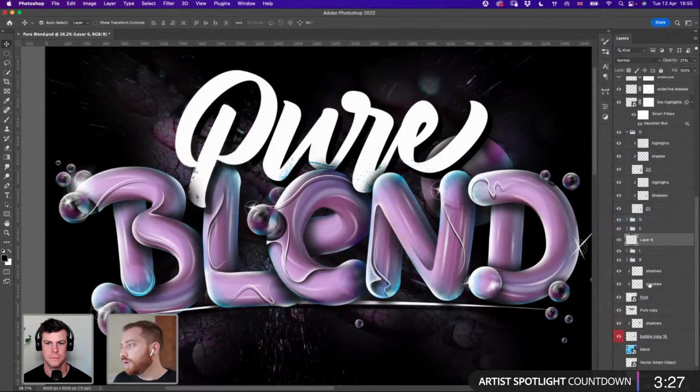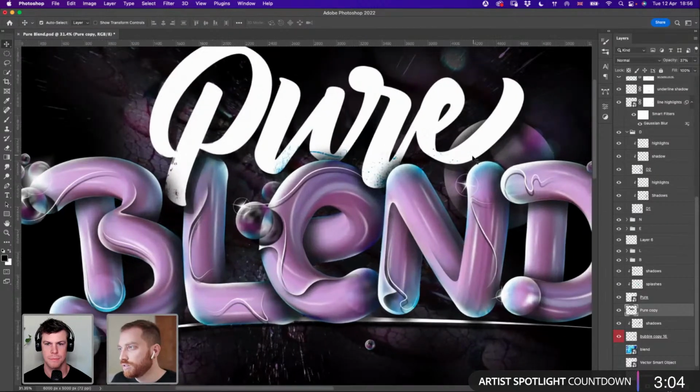Copy layer style, and where is it? So yeah, we have also the same, not very strong over the opacity, but we don't have the blur, so we can add the Gaussian blur too. Yeah, it is very much into details, but I like that.